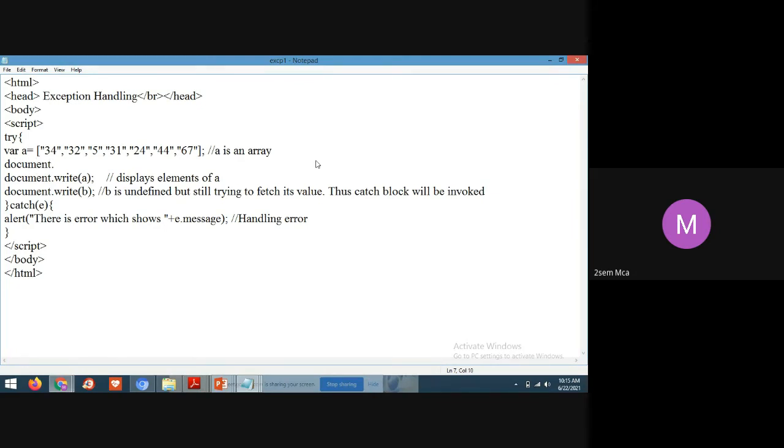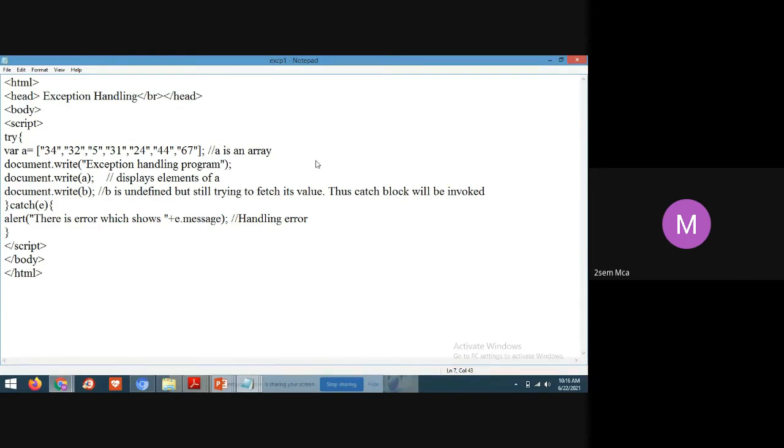Now, document dot write. One line I have added, students. What is that?